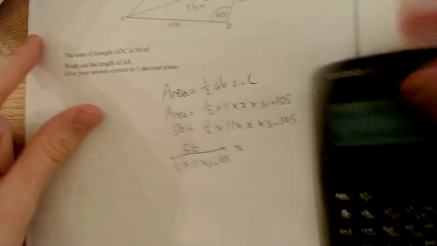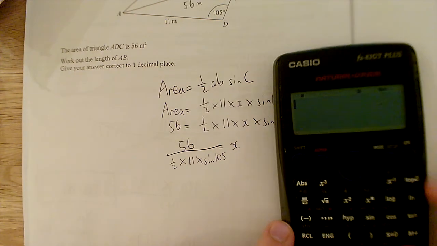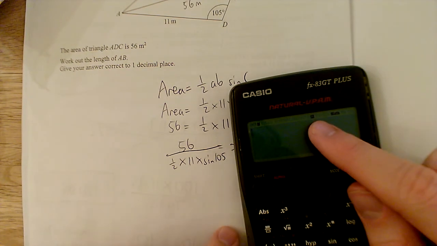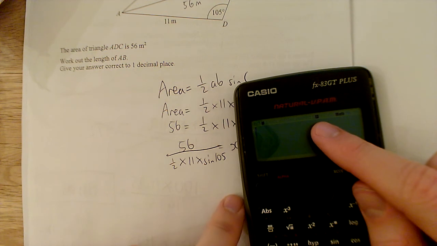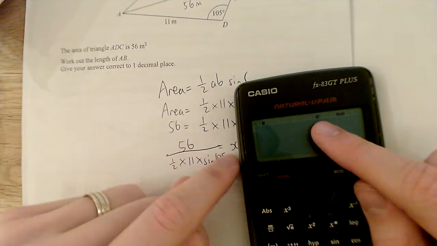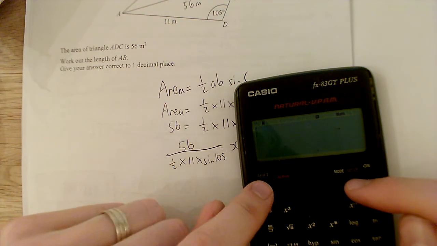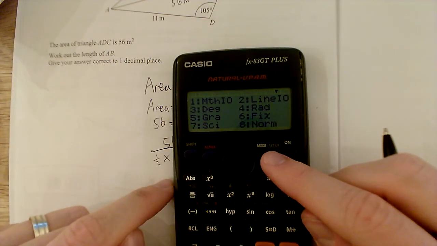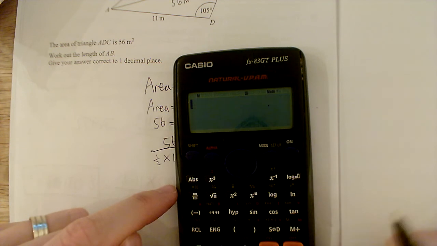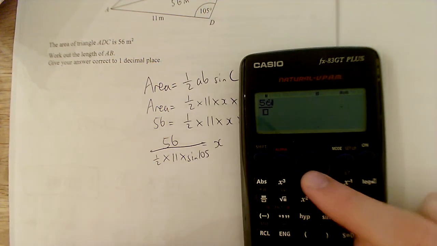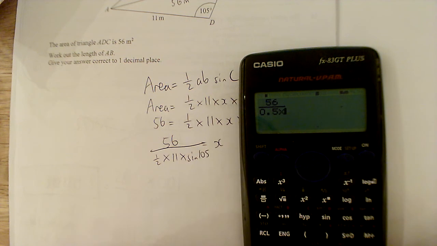So get your calculator out. Make sure that your calculator has got a little d at the top. If it's an r like mine is now, that's radians, that's something you do at A level. It's going to be in degrees, so I need to change that. I'm going to press shift and then mode, which takes me to setup. And if I press 3, it puts it in degrees. Let's try that again. So I've got 56 over 0.5 times 11 times sine 105,